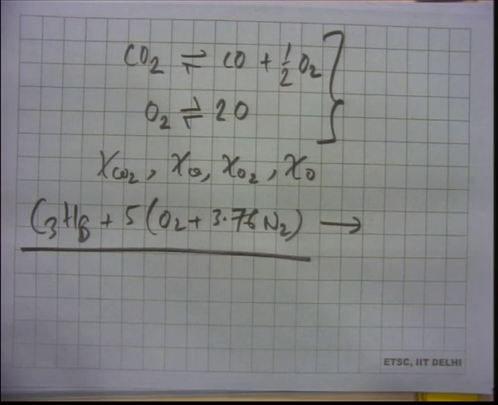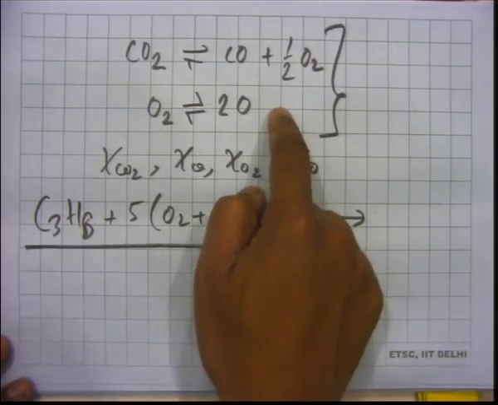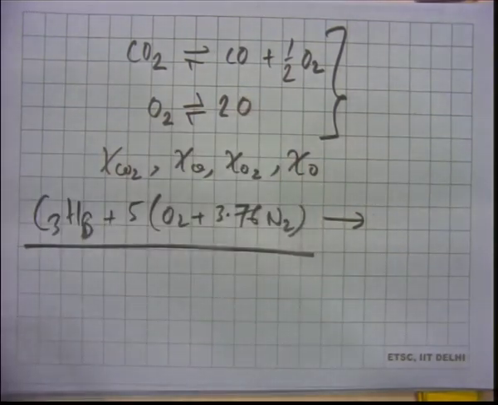So, here we have to think about some such possibilities, some sets of equilibrium reactions with their associated equilibrium constants. So, each equilibrium reaction like this will have an equilibrium constant, this also will have an equilibrium constant. Okay. In fact, if you think about it, this equilibrium constant must be giving us the 4th equation, right. So, here also you have to think about equilibrium reactions and bring those equilibrium constants in, and then make sure that your number of unknowns and the number of equations that you have, they match. Once that happens, then you will be able to solve and get a solution for all the mole fractions.